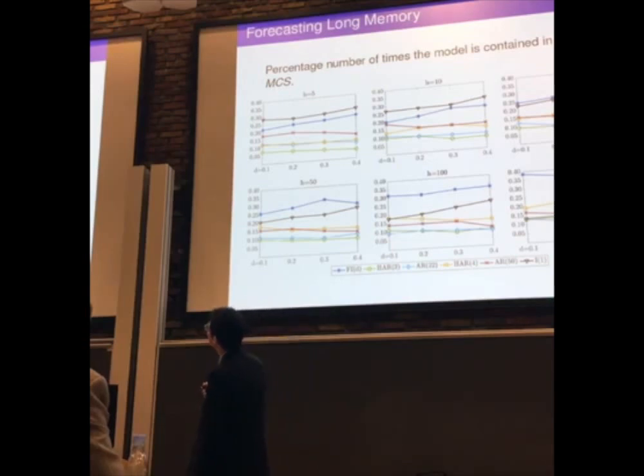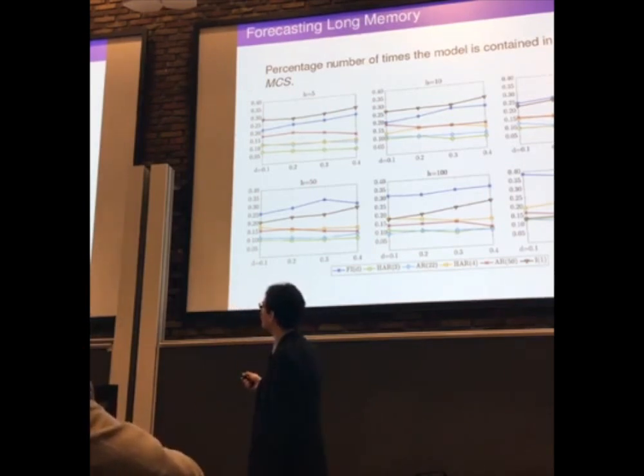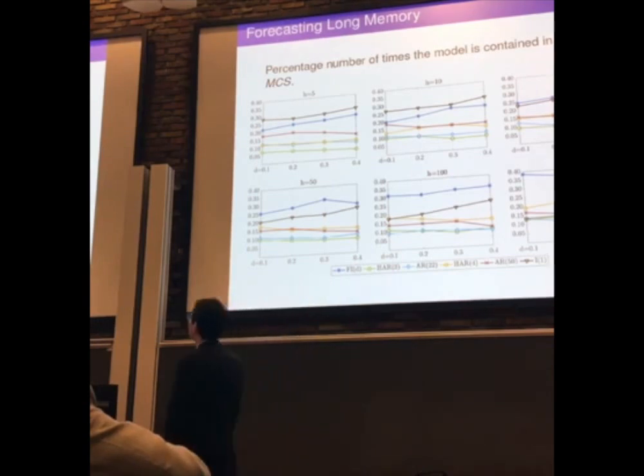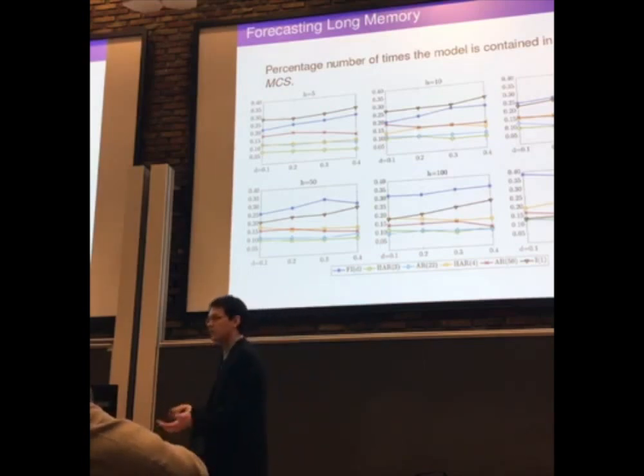And we see for 30, fractional difference is still gaining ground on the I1, and it's actually on top of that. For all degrees of memory, as I mentioned, we have the memory of 0.1, 0.2, 0.3, 0.4. This is the degree of memory that we generated, and how well do we forecast using the fractional difference model. So that's one thing that we can see. As we increase the forecast horizon, the fractional difference seems to behave the best. So we can use this model to forecast cross-sectionality process.